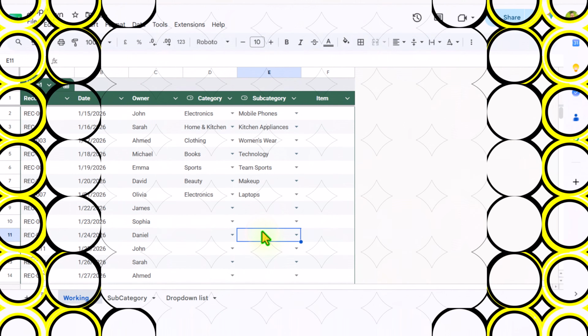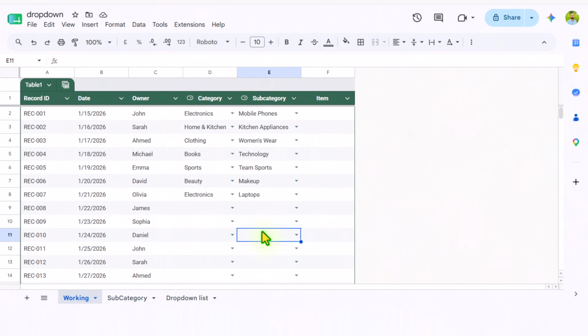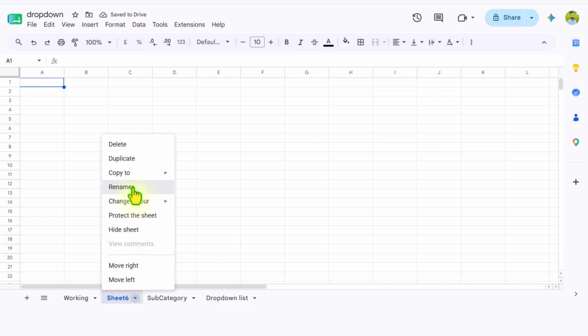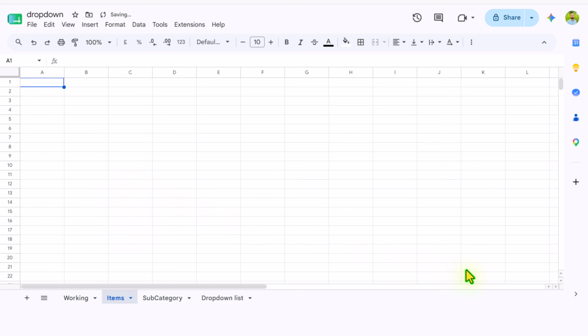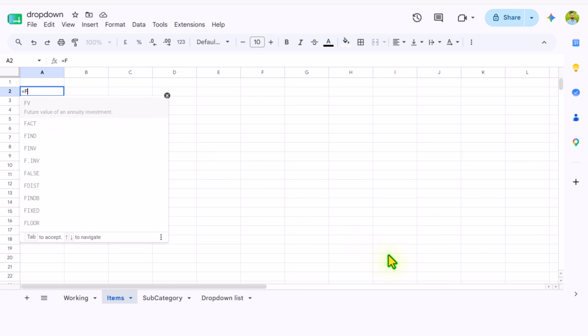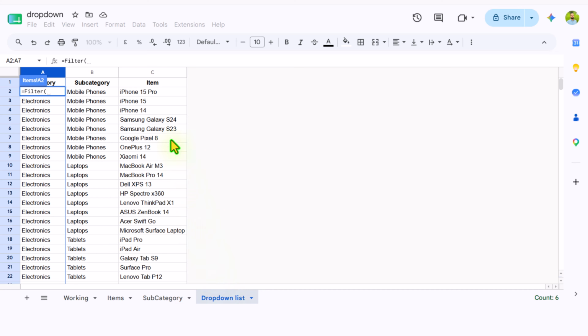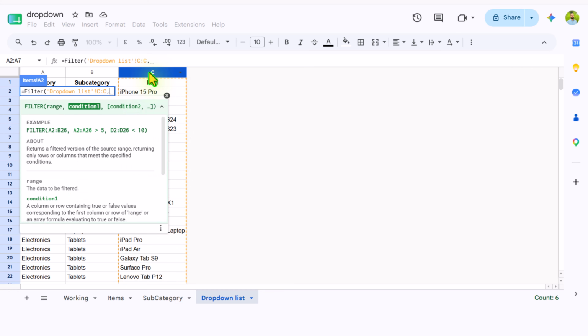Now I'm going to show you the steps to create a third level drop down. The first thing, click on plus button. I will rename this sheet, let's say items. Click on row number 2, simply type filter function, open parenthesis. What is the range you want to filter? Again, I will click drop down list. In this case, I want to filter items column, hit comma, but we need to define two conditions to filter